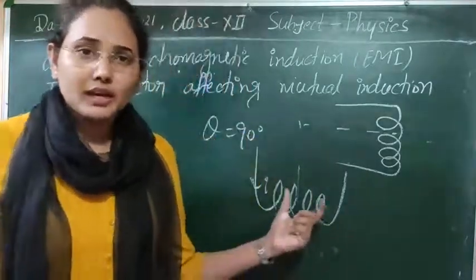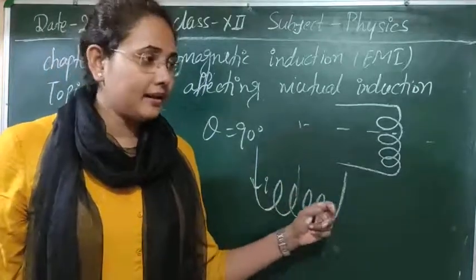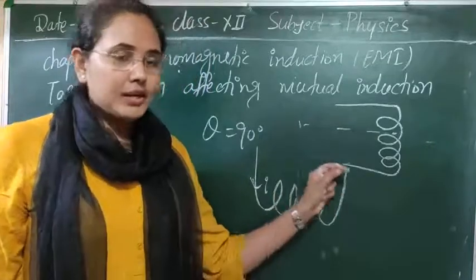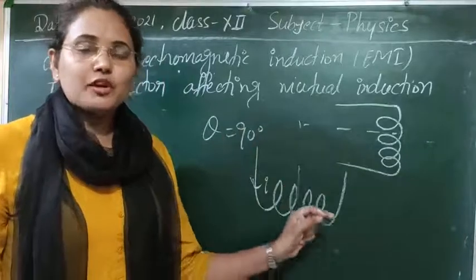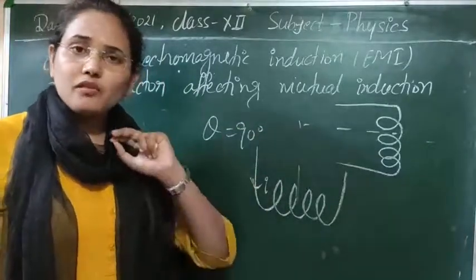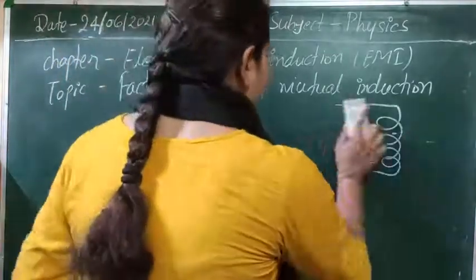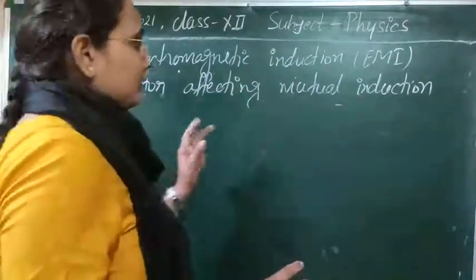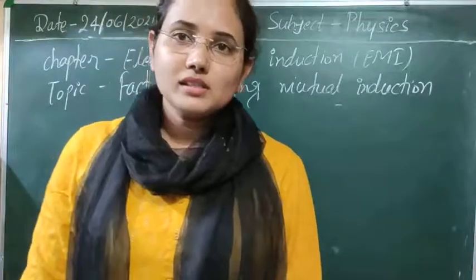In which orientation we have kept the two coils is also very important to understand. You can perform this experimentally by yourself. Every topic that I am discussing here is the experimental proof for mutual and self induction or electromagnetic induction. You can observe all the phenomena here by experiments easily. Now I think the factors that are affecting the mutual inductance are clear to students.